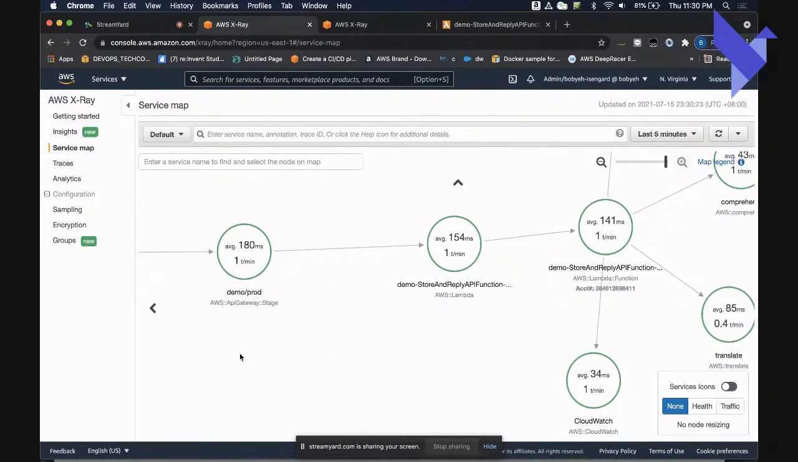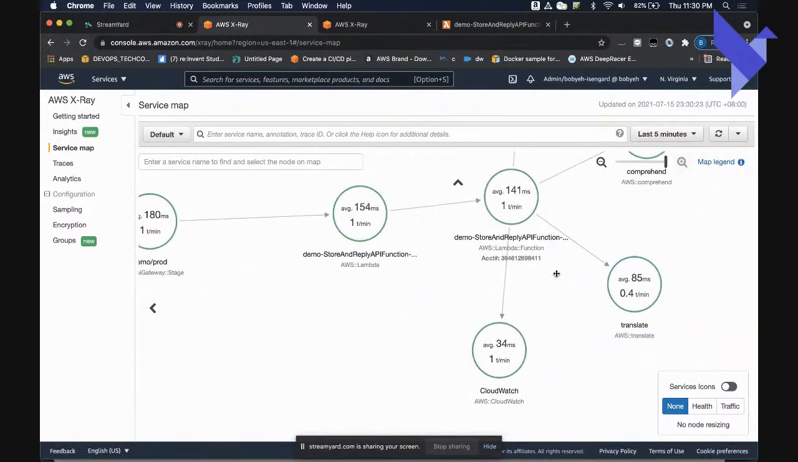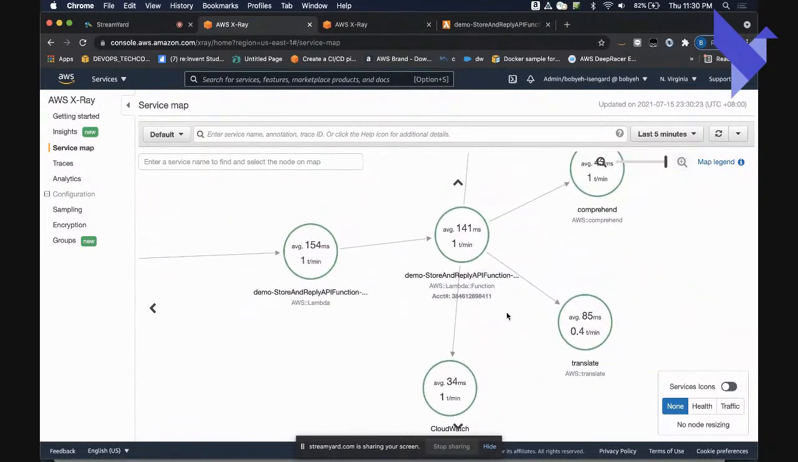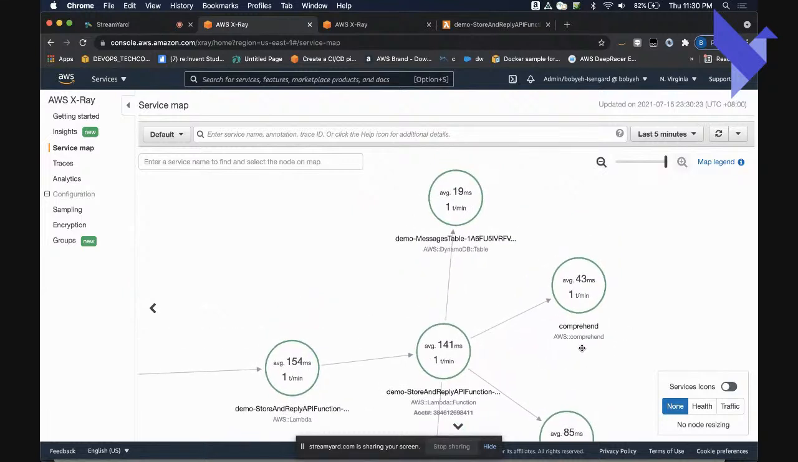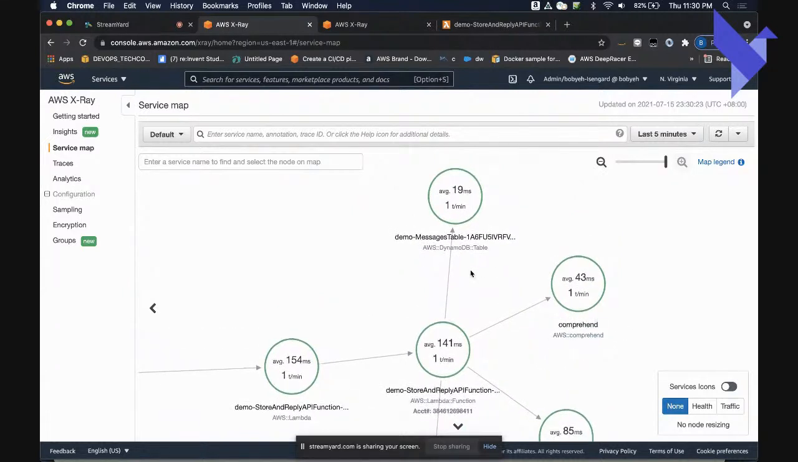Okay, at the very beginning, all the requests will go through the API Gateway and then into the Lambda context, then call the Lambda functions. In this Lambda function, it integrates with Translate and Comprehend, and also DynamoDB. This architecture gives us a quick demo about the